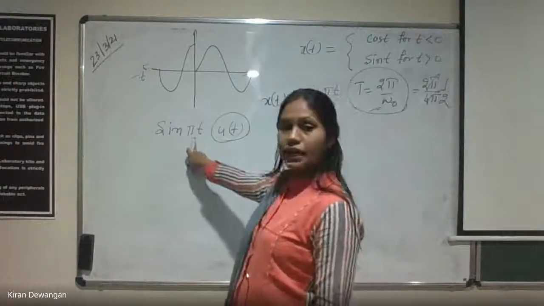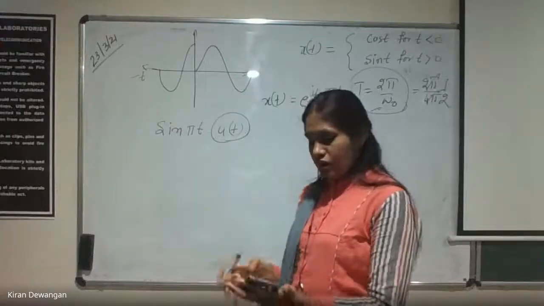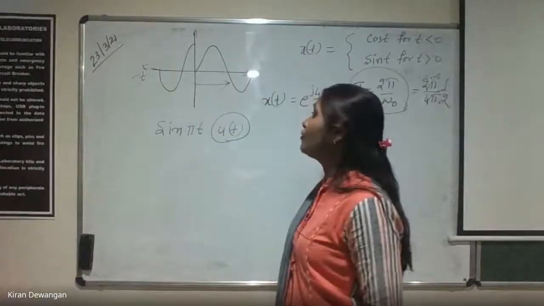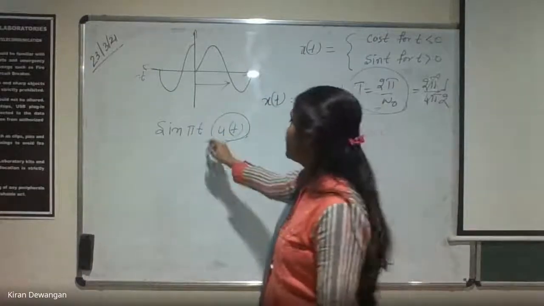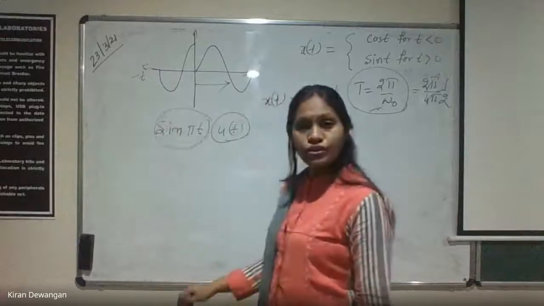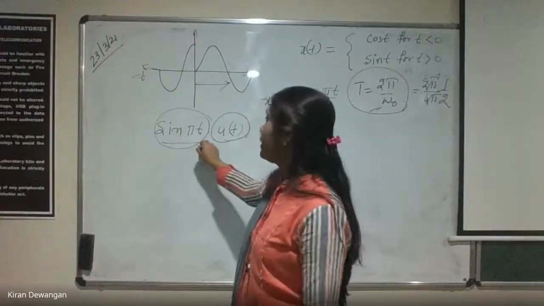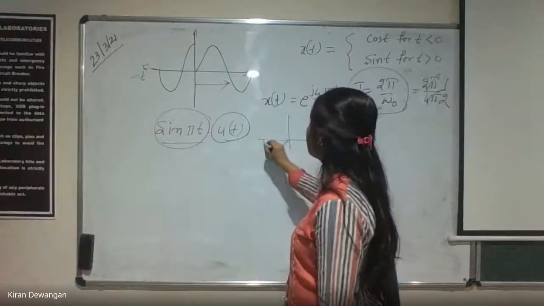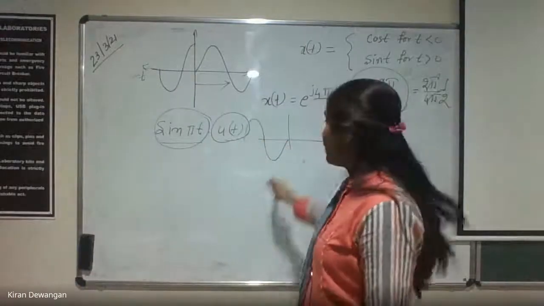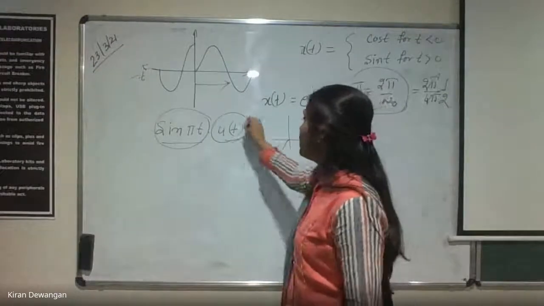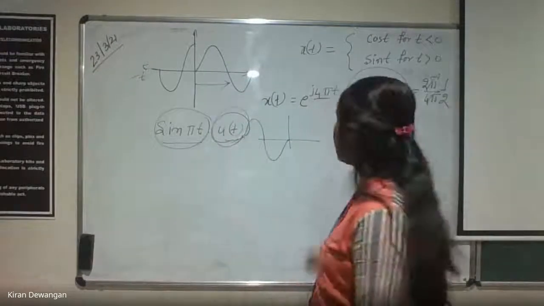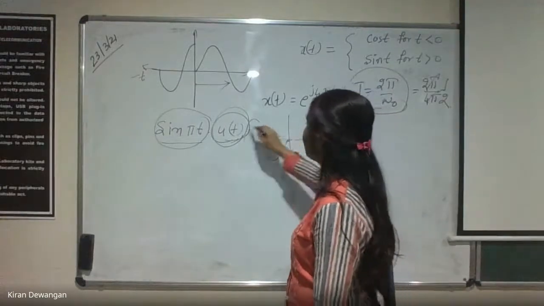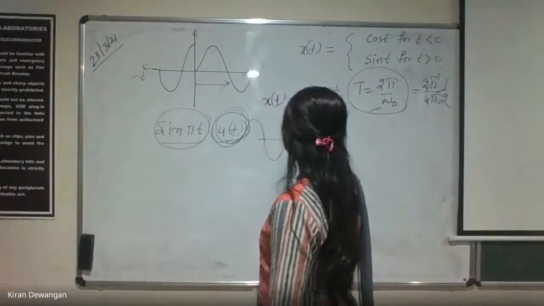आपका sin pi t है, u(t) है, ठीक है? Because u(t) is present only for positive values of t. It is not existing for any of the negative values of t. यहाँ तक for negative t it will be a common sine wave, ठीक है? यहाँ तक क्या हो जाएगा, ये ऐसा कुछ आएगा साइन, clear? But after this it will get multiplied by u(t), 1 से multiply होगा, so here at this point we will get a discontinuity.